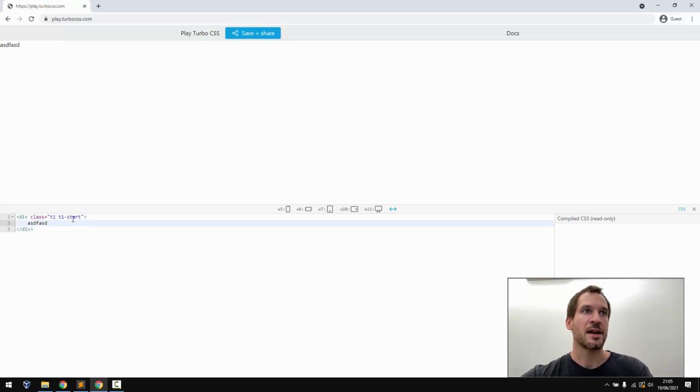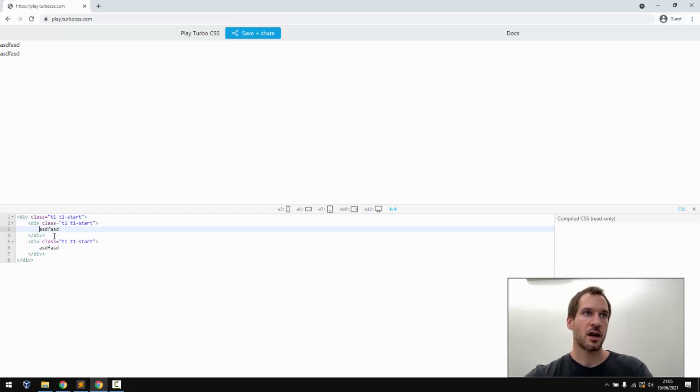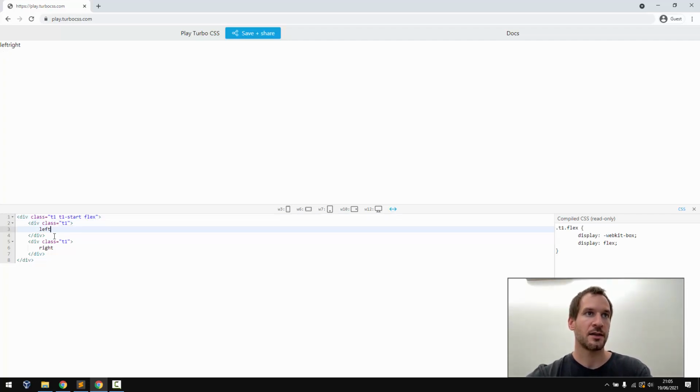And for our layout, we are going to create two columns, the left column and the right column. To lay them out properly, the T1 start shall only be at the top. This is for text styles that flow down the DOM tree. So we shall apply flex layout to it, and the left column shall have a fixed width, say width 64,